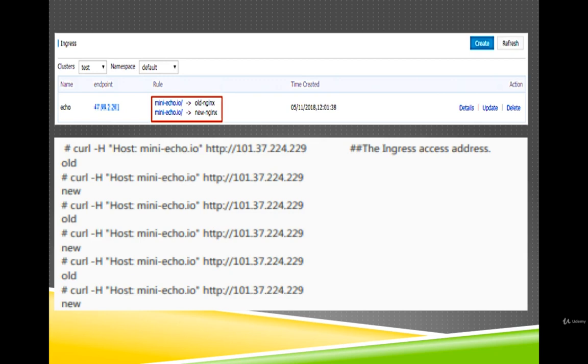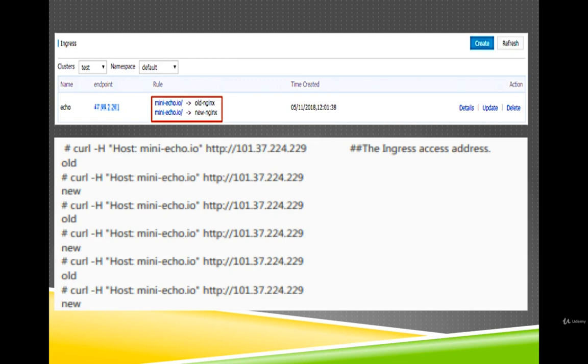You can configure the traffic ratio of the blue-green release by adjusting the value in the ingress annotation, which is ingress.alun.wait/new-nginx50, flexibly.